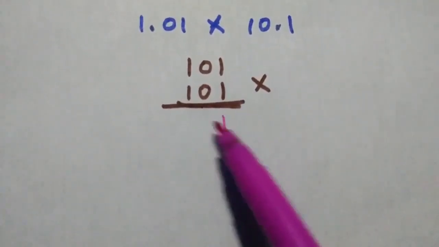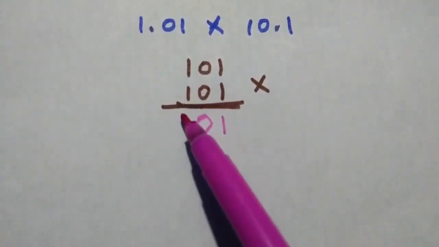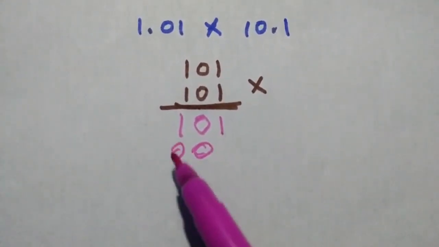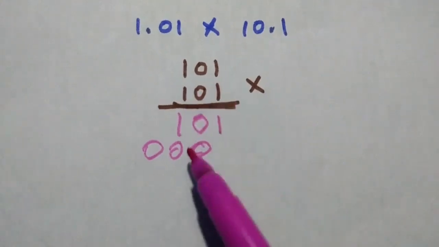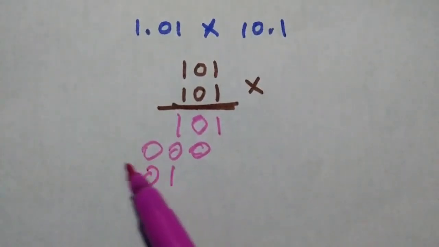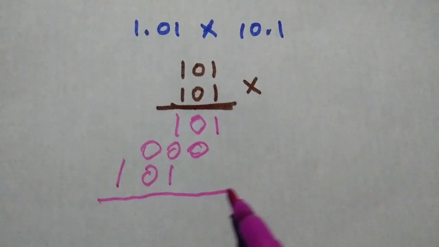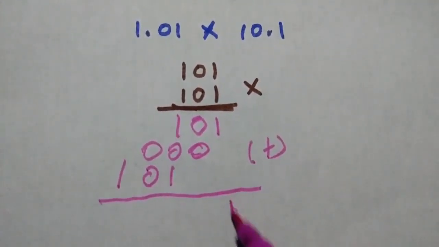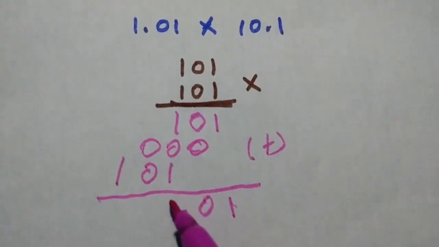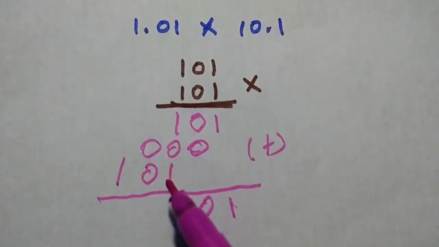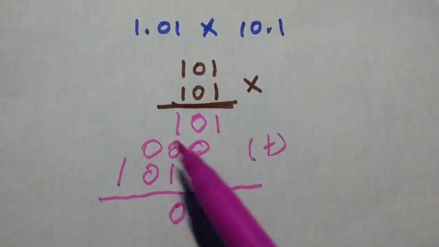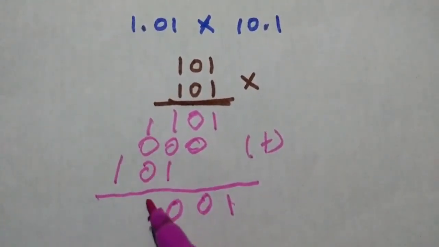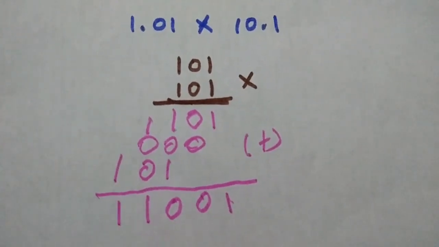So 1 into 1 is 1, 1 into 0 is 0, 1 into 1 is 1. Then 0 multiplied with any number is 0, 0, 0. Then 1 again: 1 0 1. In that, we have to add all those values. So here it is 1 0. 1 plus 0 plus 1 is 1 0. So here 0 1. Then 1 plus 0 is 1. And then the final answer